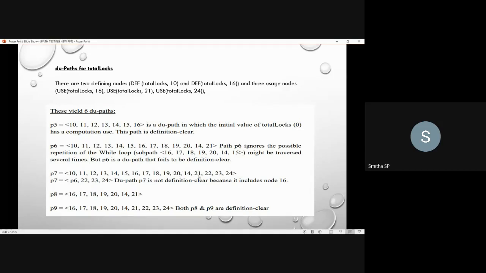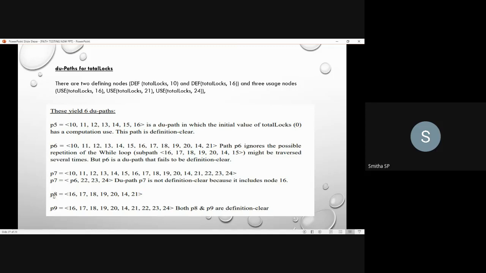Next, from 21st to 24th, in the 24th node you will be using it for the lock sales computation. Okay, lock price into total locks, you will be using that formula. So in the 24th node, the path here from 14th to 24th is you'll be traversing along 21st, 22nd, 23rd nodes. Okay, then you will go for this 24th node. So this is the path for the third usage.